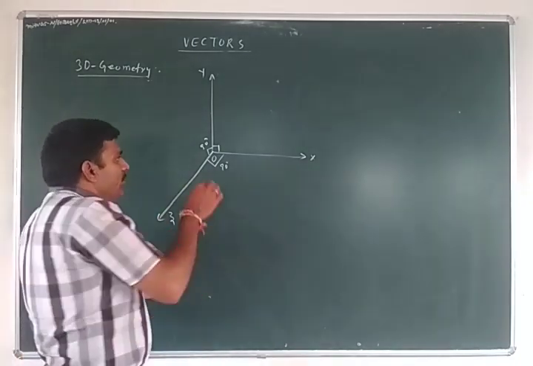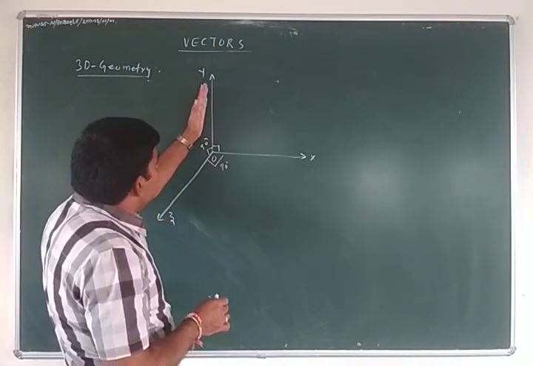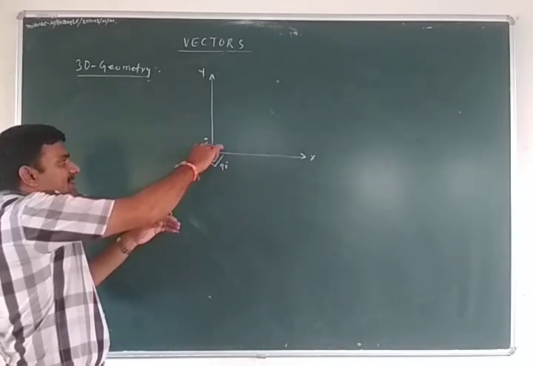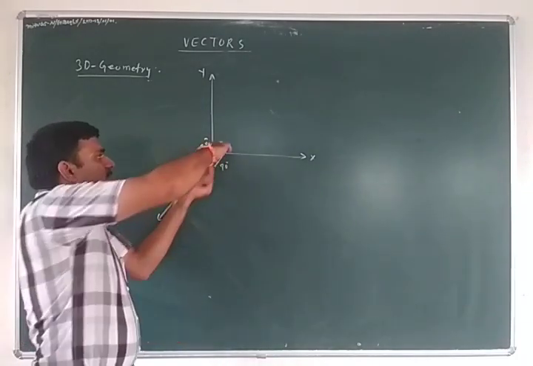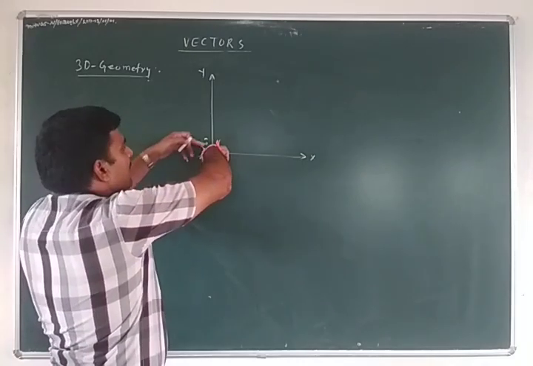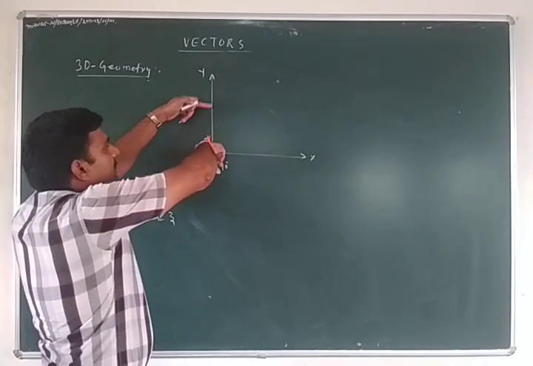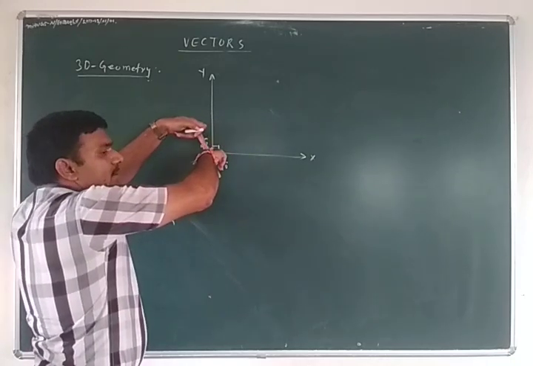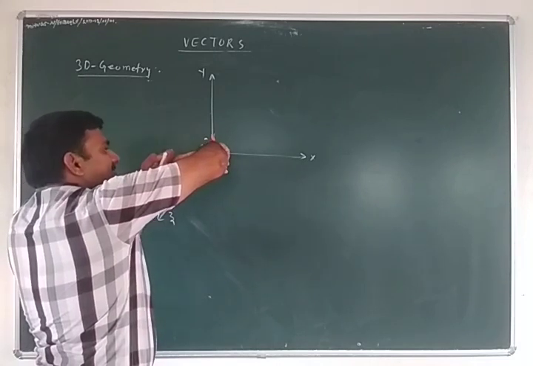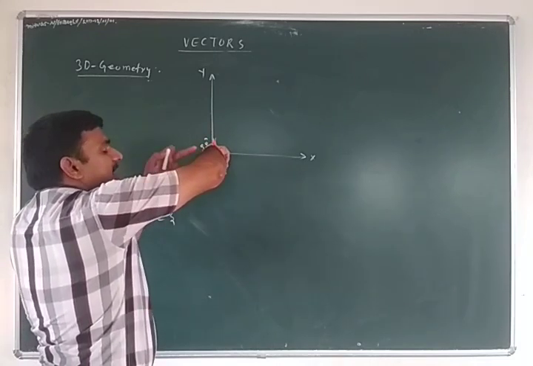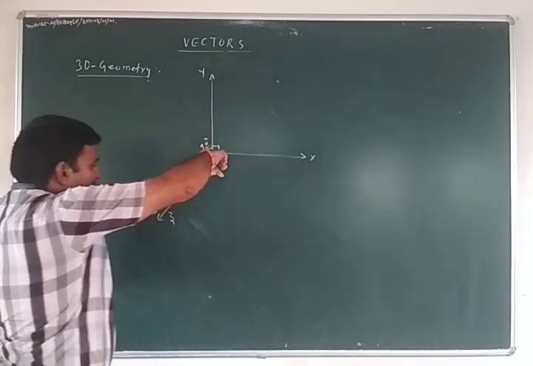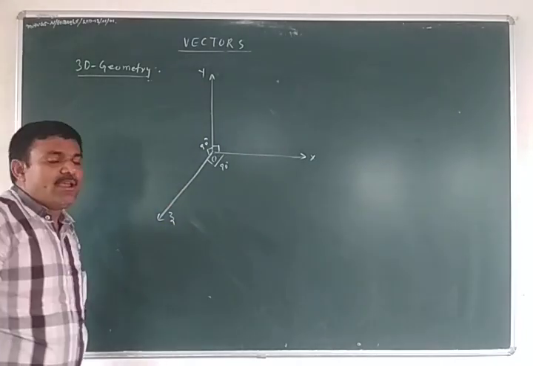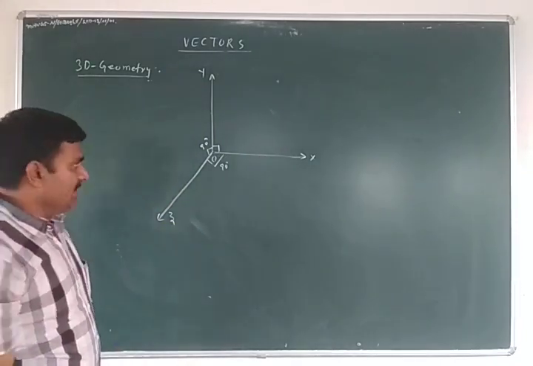Generally this is the x-axis, this is the y-axis, and the z-axis we draw like this. You can see it is perpendicular to this one, from here to here perpendicular, from this one to the z-axis perpendicular, and from this one to this also perpendicular. So this is the z-axis. It is not possible to draw that here, so I am drawing it like this. These three, the x, y, z axes, are mutually perpendicular to each other.